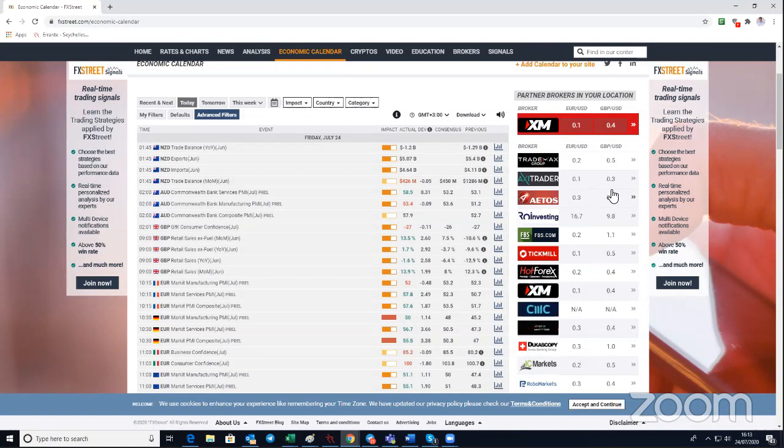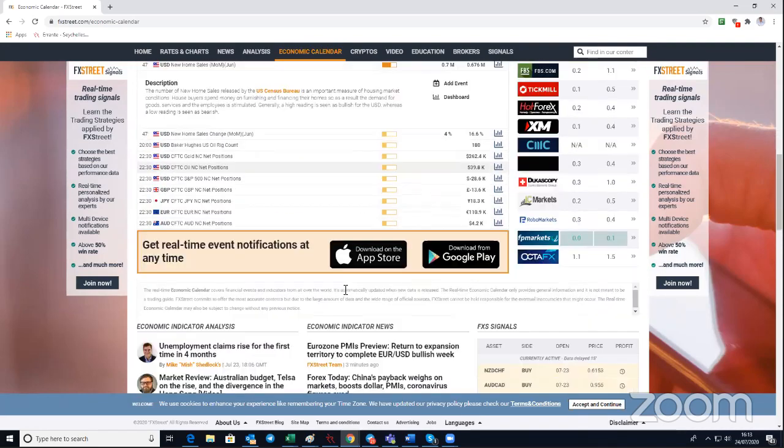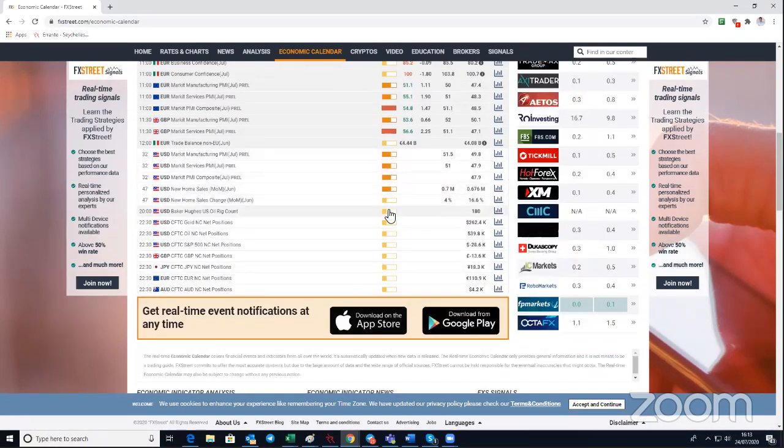So that is why I find it good and bad. We have got all these in FX Street. FX Street is not seen as a broker, yes, but their involvement with brokers has been very, very big. So we are looking at all these impacts here. You can see that it's a slowdown of all the pairs, and FX Street has put in all the economic data releases as low impact, especially the ending ones.